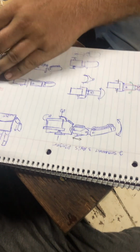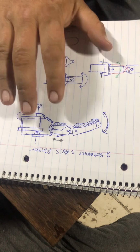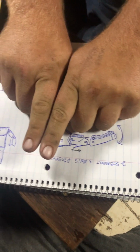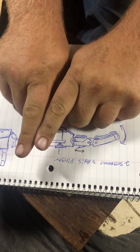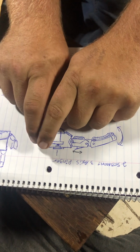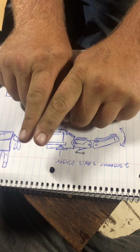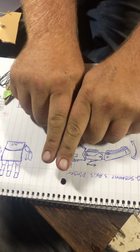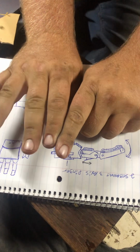So I've been working on Crash's hand, and I have a new finger design. I did the 3-axis gimbal design already, where it had the 2 servos that work together to actuate the hand and all that kind of stuff, and that was the other design I was working on. The problem with that is with 2 servos next to each other, I need